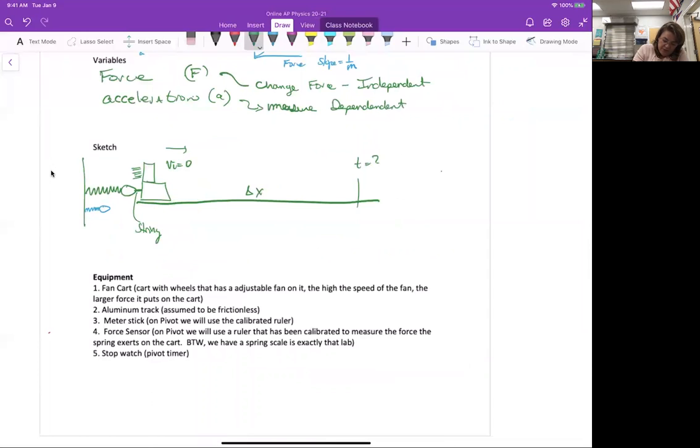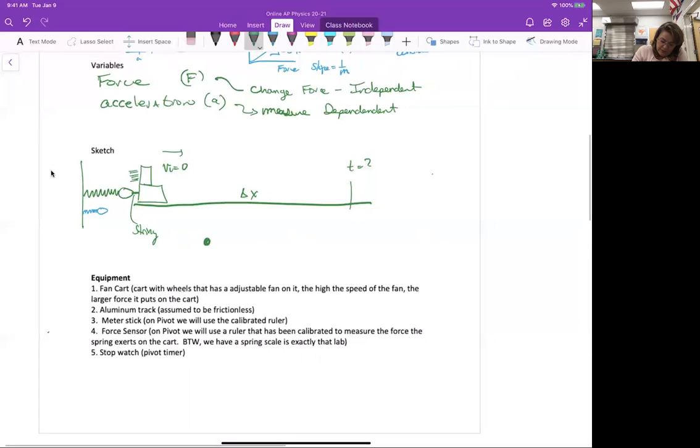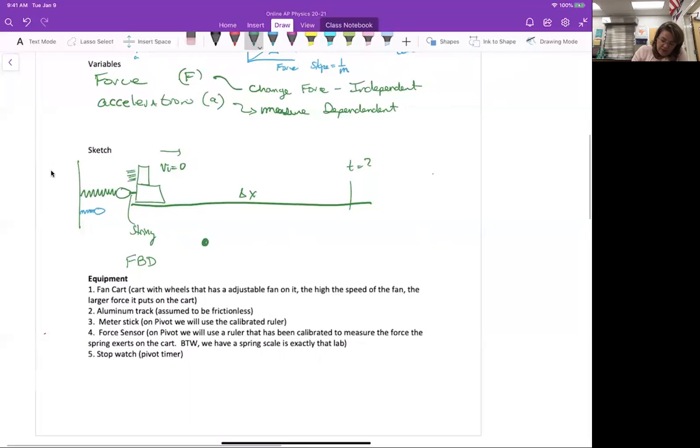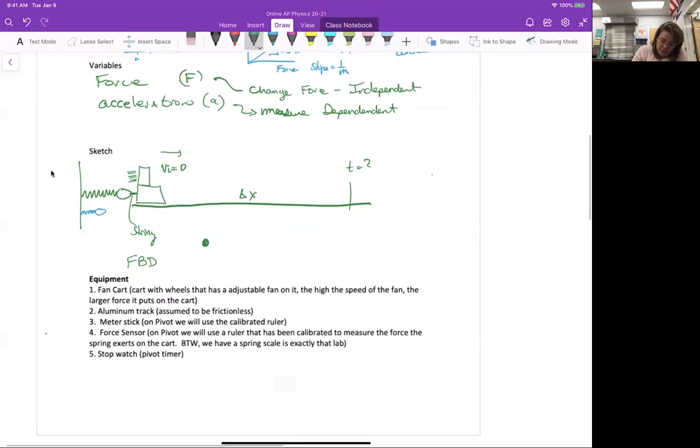Right before I cut the string, I want to show the forces. I'm going to call it a free body diagram. So FBD is my free body diagram. This is the free body diagram before I cut the string. So I have a force pushing up on the fan system by the table, or the track. We call that the force normal. I have the force of gravity, which is acting down on the fan and the cart,